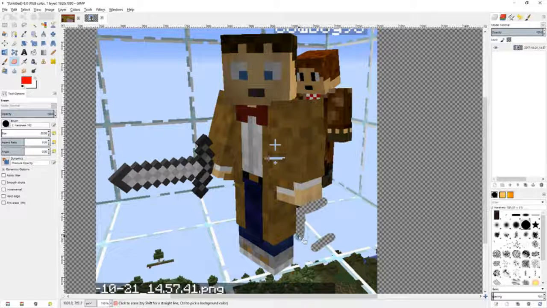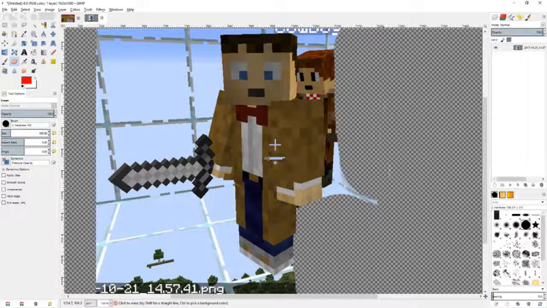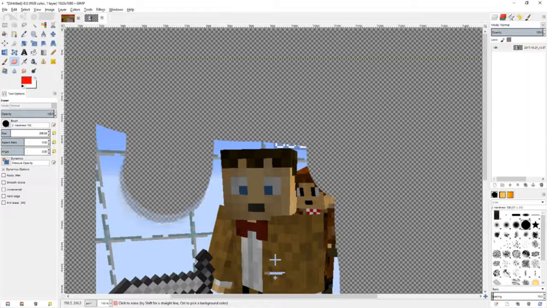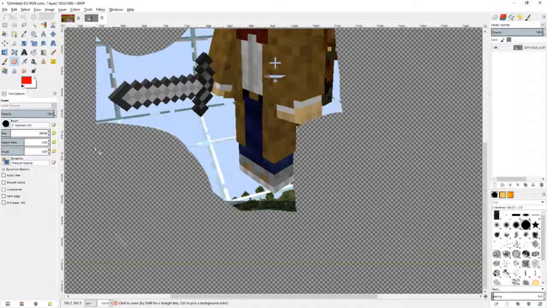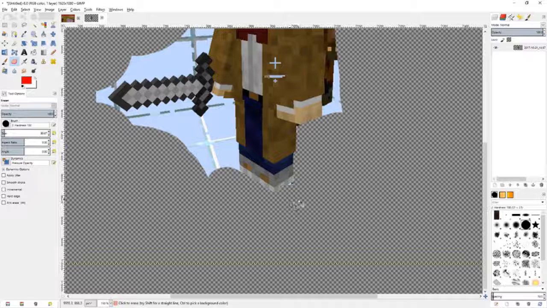So basically you can use this over here to change the size. So we can erase large areas like this, get rid of most of the cowboy in the background there, and then just come around the edges. It's good to only do little bits at a time. That way, if you mess up, you can just Control Z